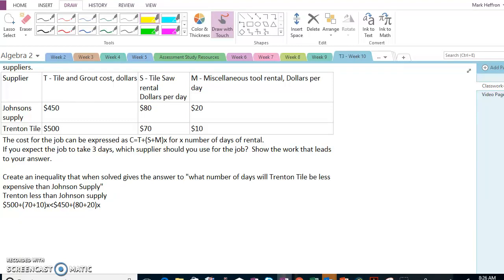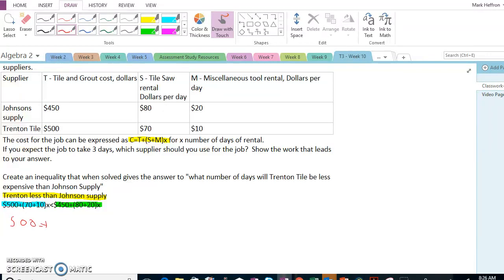So for part B, you want Trenton to be less than Johnson's supply. And so we'll use that same cost equation. It's been set up for you. The one on the left is Trenton, and the one on the right is Johnson's supply. So now as we look at the numbers, we've got 500